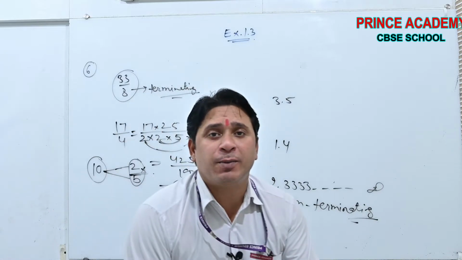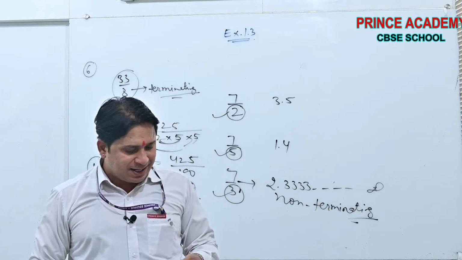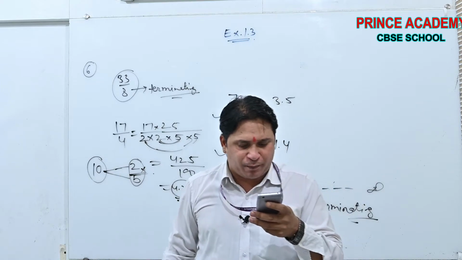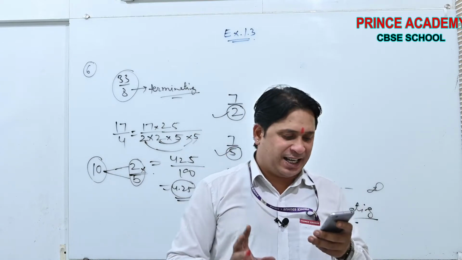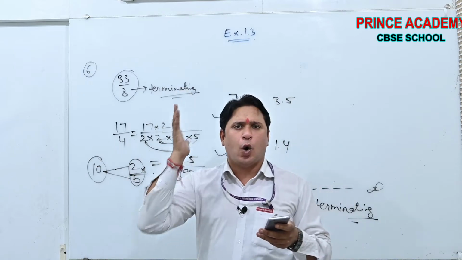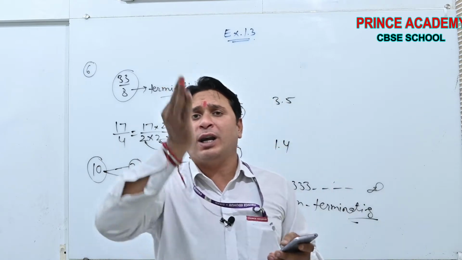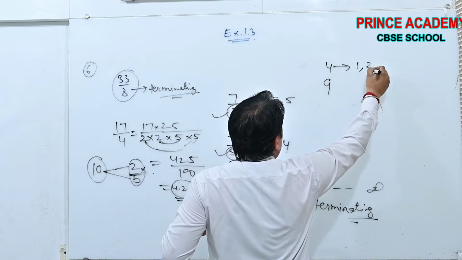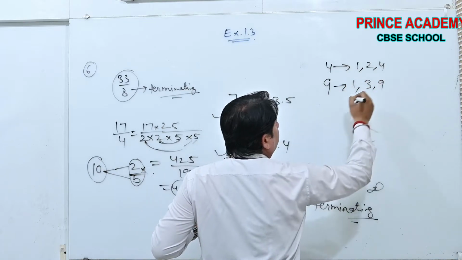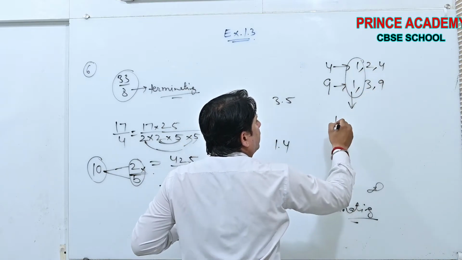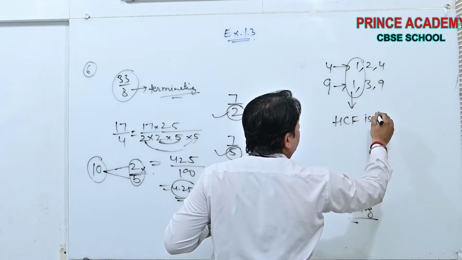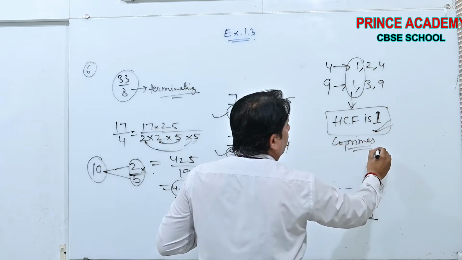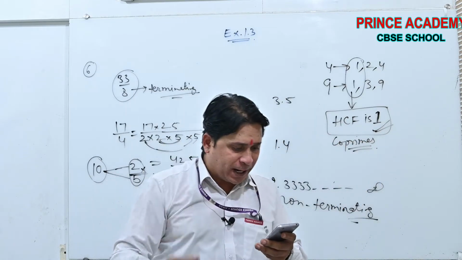Now see what is the statement of question number 6. Question number 6 states that look at several examples of rational numbers in the form of p by q, where p and q are integers with no common factor, means they are co-primes. Co-prime numbers means having only 1 as common factor. See, 4 and 9. Factors of 4 are 1, 2, 4. Factors of 9 are 1, 3, 9. Only 1 is the common factor. It means if HCF of two numbers is 1, they are called co-primes. And here P and Q are given co-primes.